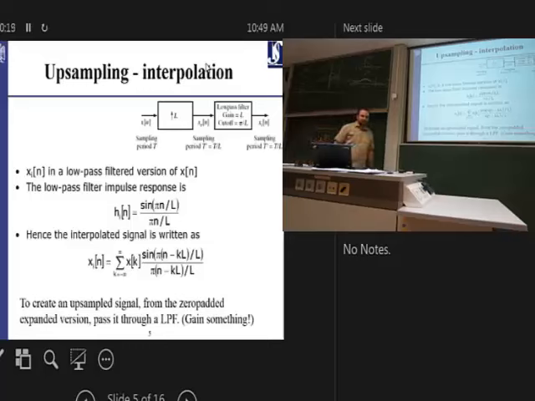So the question is whether this gives you any new information or not. You were trying to increase the sampling rate. So you had, for example, 16 kilohertz of sampling, and you want to go to 48 kilohertz of sampling, 3 times